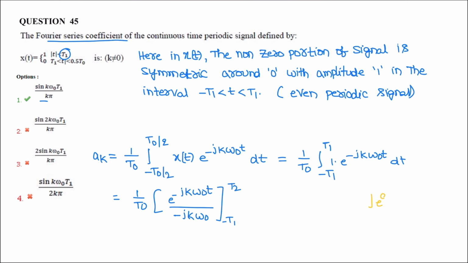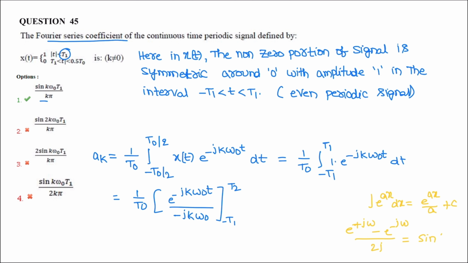Integral e power ax dx is e power ax divided by a plus some constant, and there is one more formula: e power j omega t minus e power minus j omega t divided by 2j is